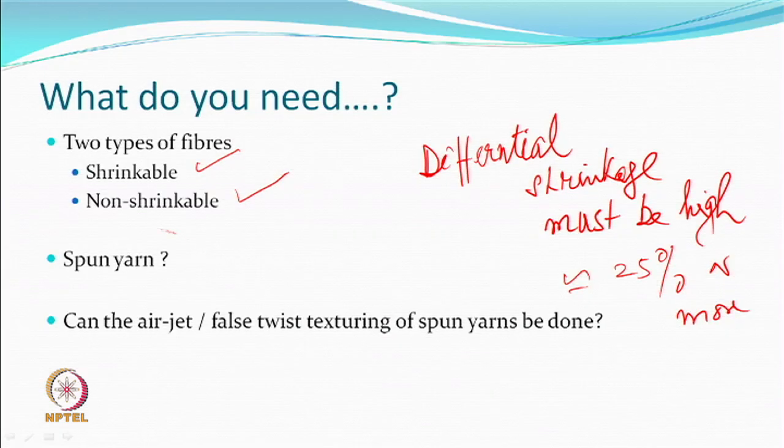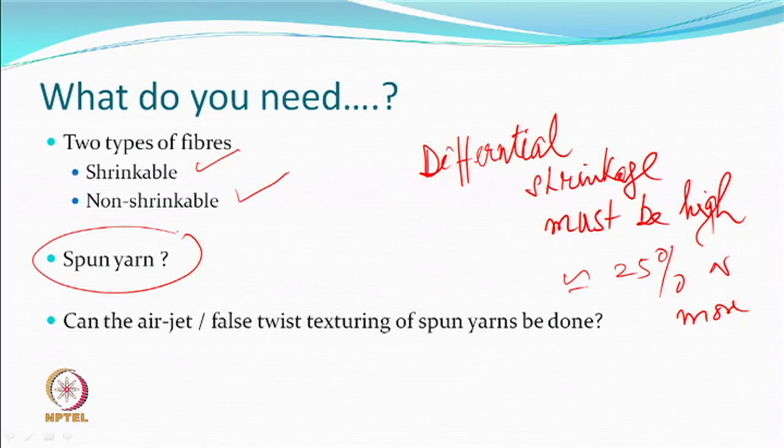So, how do we make a yarn? It is approximately clear, it is going to be a spun yarn. Till now we had been handling filament yarn, whether it is a false twist, BCF, air jet, entanglement, we were talking about filament yarn. Now, this particular thing is a spun yarn. So, you have staple fibers, two components, you mix them up, make a spun yarn. So, this is different in that sense.